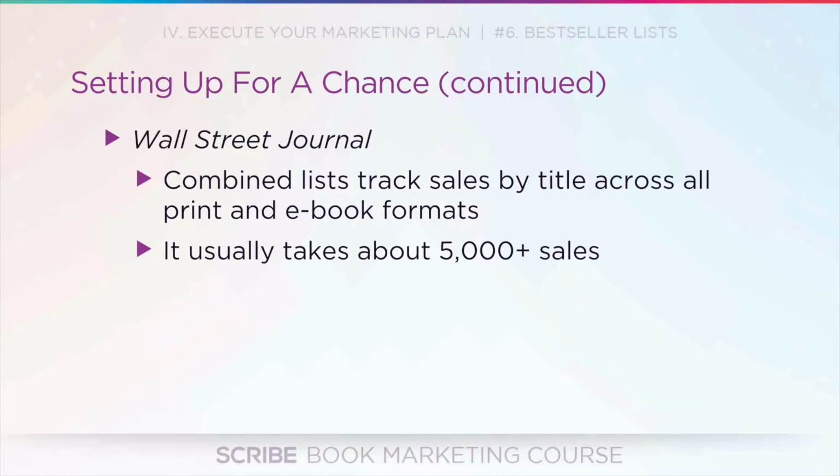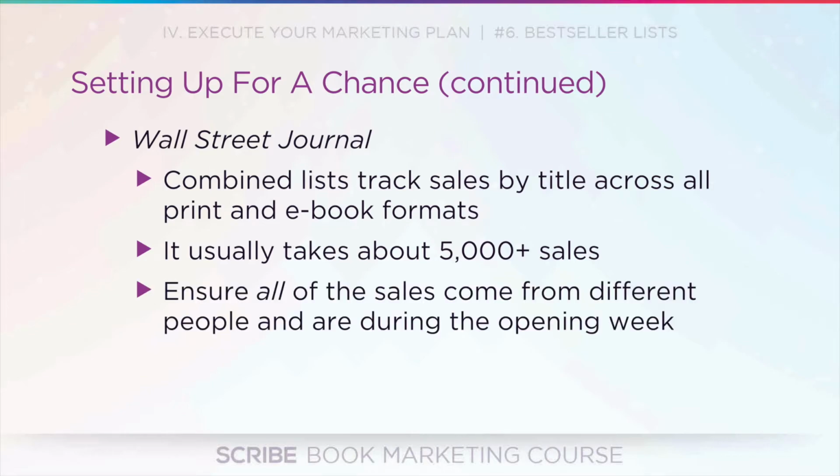And so if they don't define your book as business, it's not going on their list. What we found, we've put several books on the Wall Street Journal bestseller list. We found it takes 5,000 sales to hit the list. If you're over 5,000, you're almost certainly going to hit. 3,000 is borderline. We put James Altucher's book, Choose Yourself, Josh Turner's book, Connect, and a few others on the list. If you have a decent sized list, then you can usually get on it.